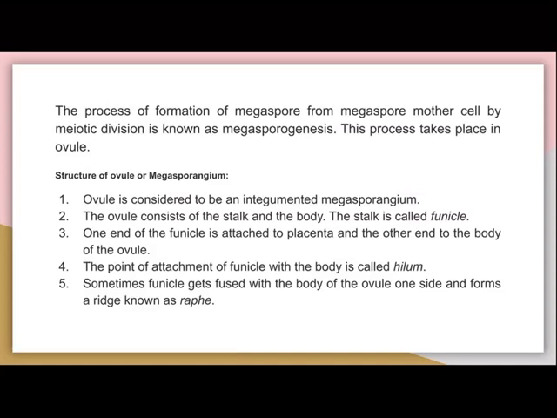As we know, the pistil is the female reproductive part of the plant. This female reproductive part is differentiated into the upper part called the stigma, next the style, and the lower part called the ovary. In the ovary, there is the ovule inside it. Here the complete process that includes the formation of the egg cell, I'll explain in detail. At first we'll go for the structure of ovule.